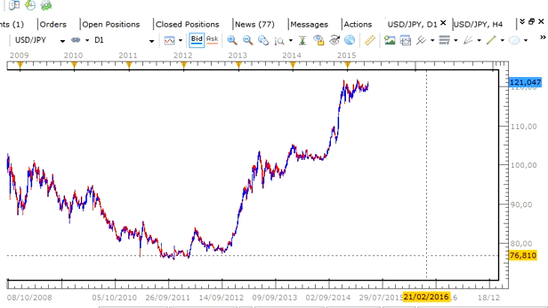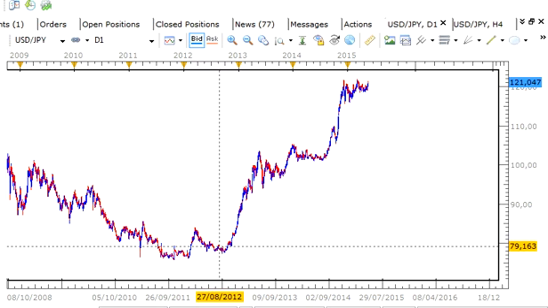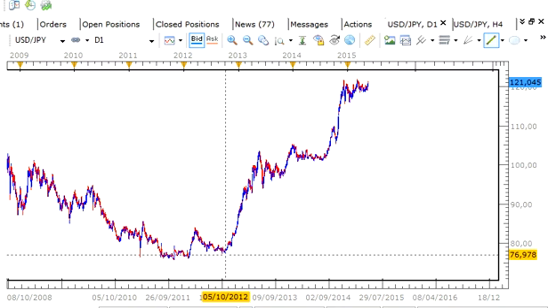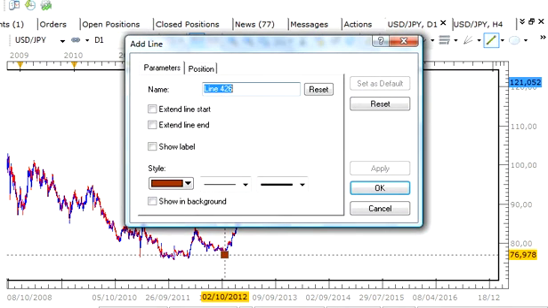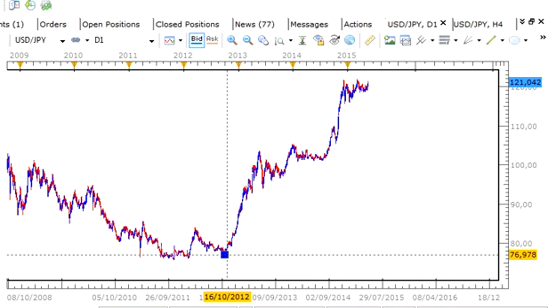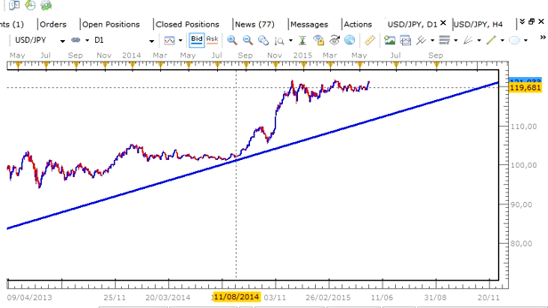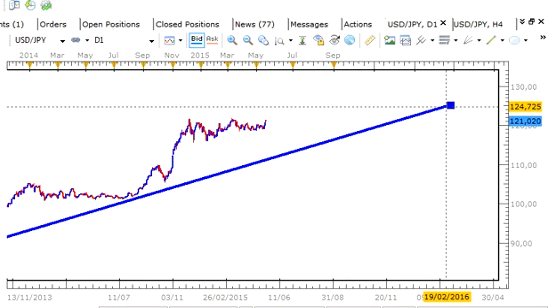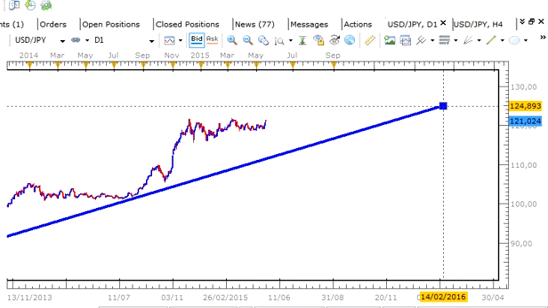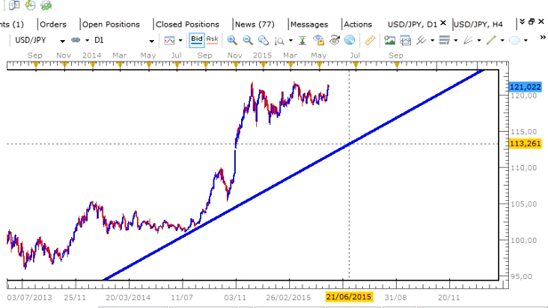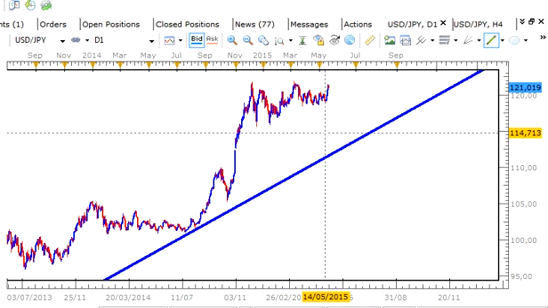So starting off, here we can see that the market has been in a very extended uptrend since 2012, and if we were to draw this line starting at this support area here, we can get what would be the long-term uptrend line for this pair. Narrowing the candles like this and continuing to identify other trend lines along the way, we'll see here that the market created two additional trend